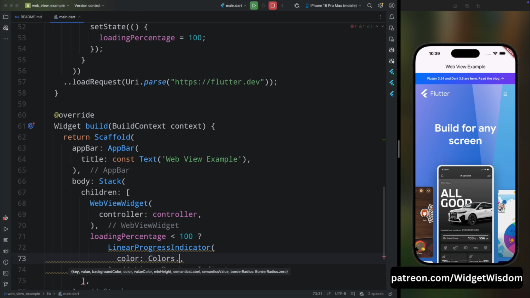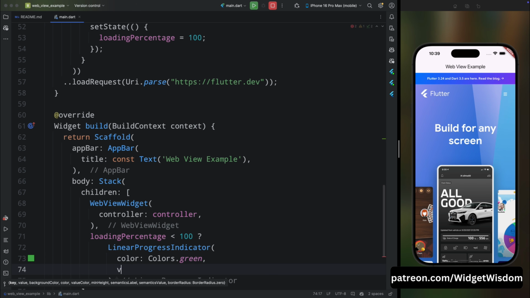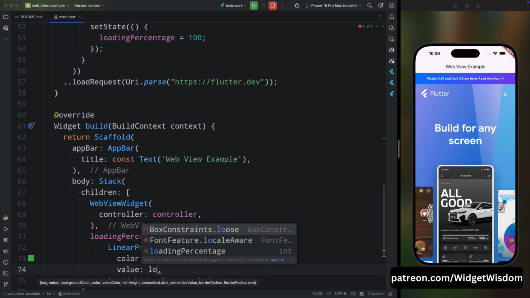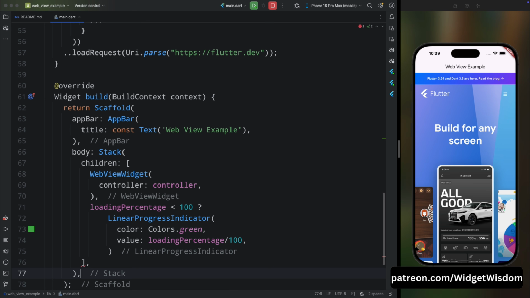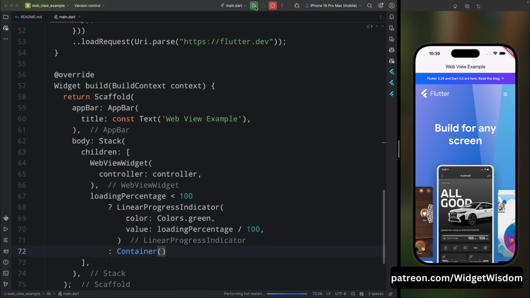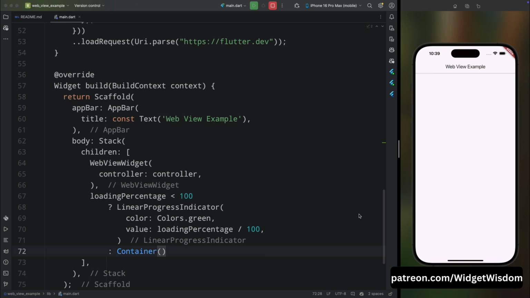Then for its value, the loading percentage value lies between 0 to 1. So here just add the loadingPercentage value divided by 100. And if loadingPercentage value is equal to 100, in that case we just simply show the Container. So here add that. Okay, now if you save the code and run the application, then you can see when